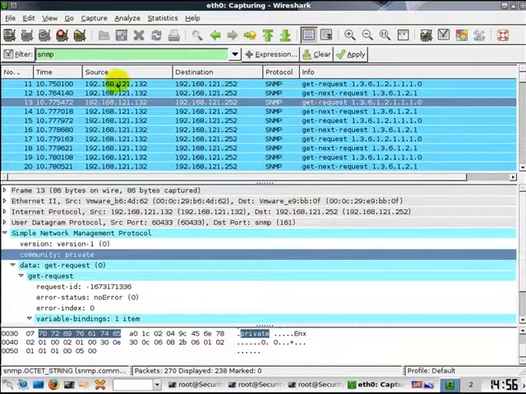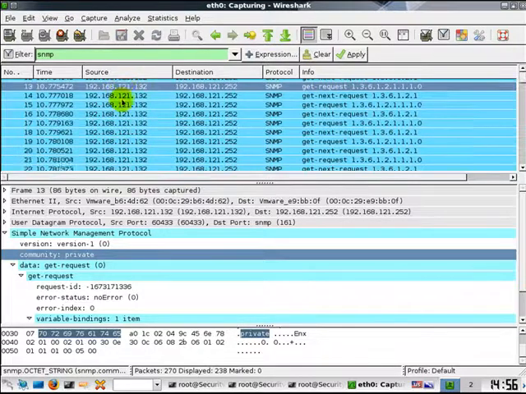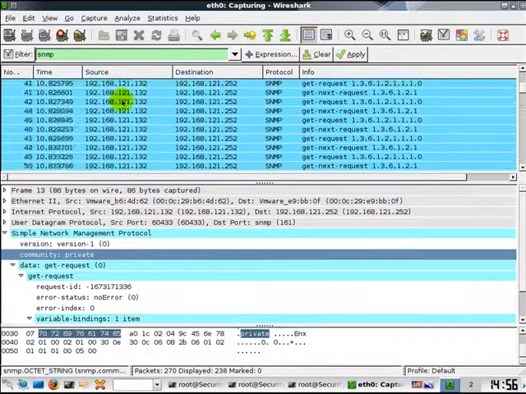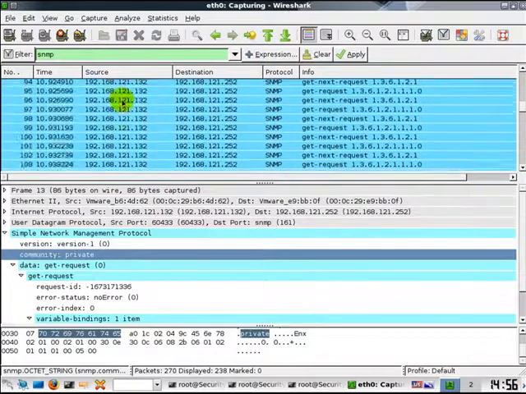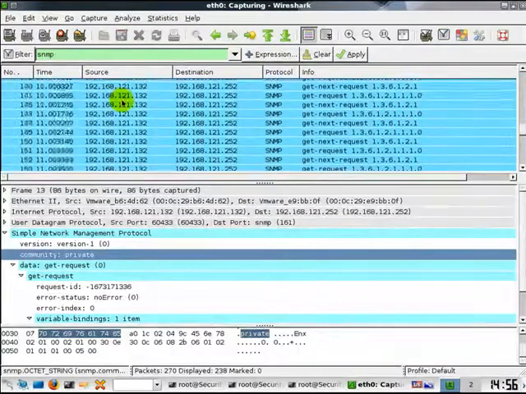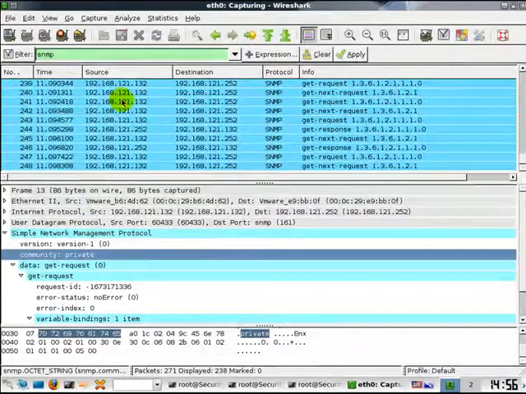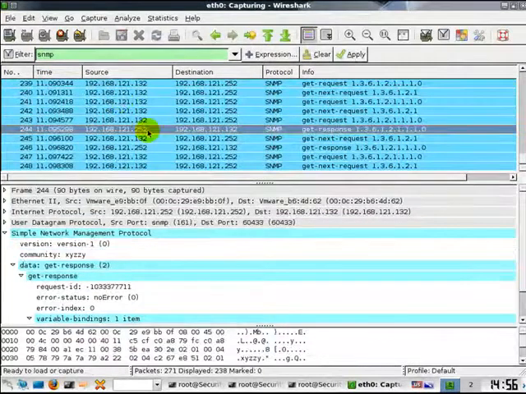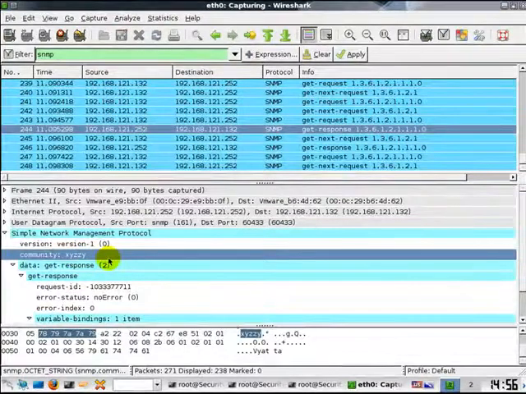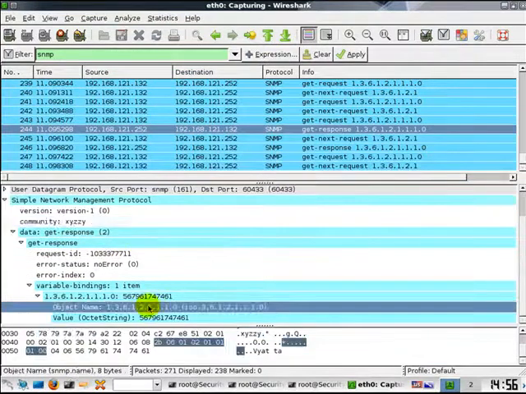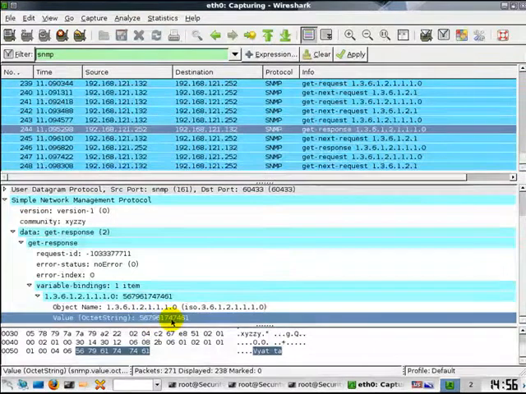So if you notice right now, we are sending, but we are not receiving any reply from the router. Let's scroll down. Now if you notice, we did receive a reply. And this is for the community string xyzzy. We have gotten a response, right, with an object name as well as an object value.